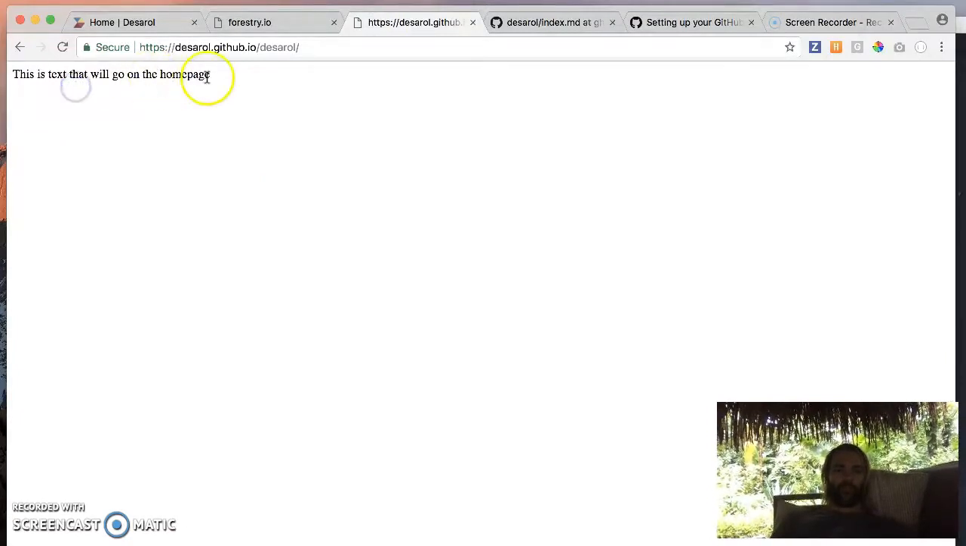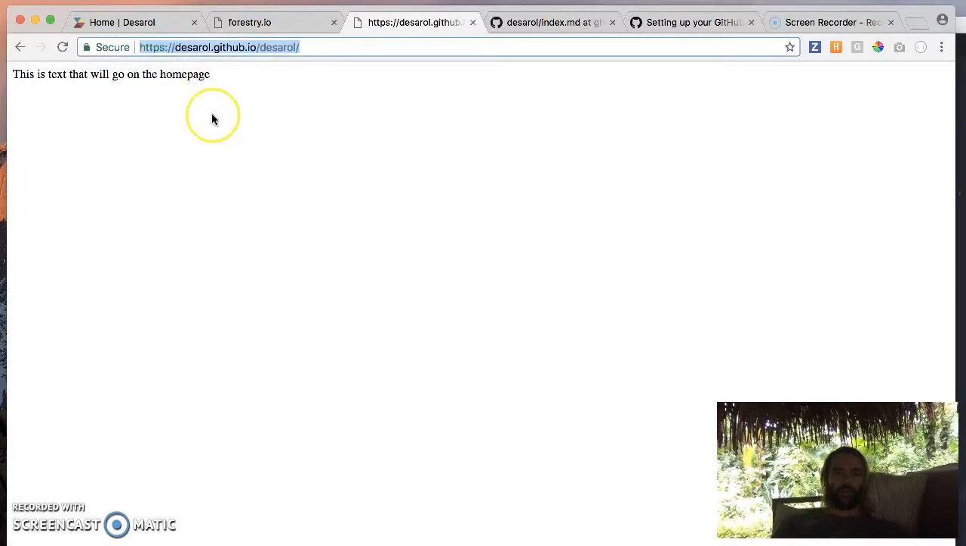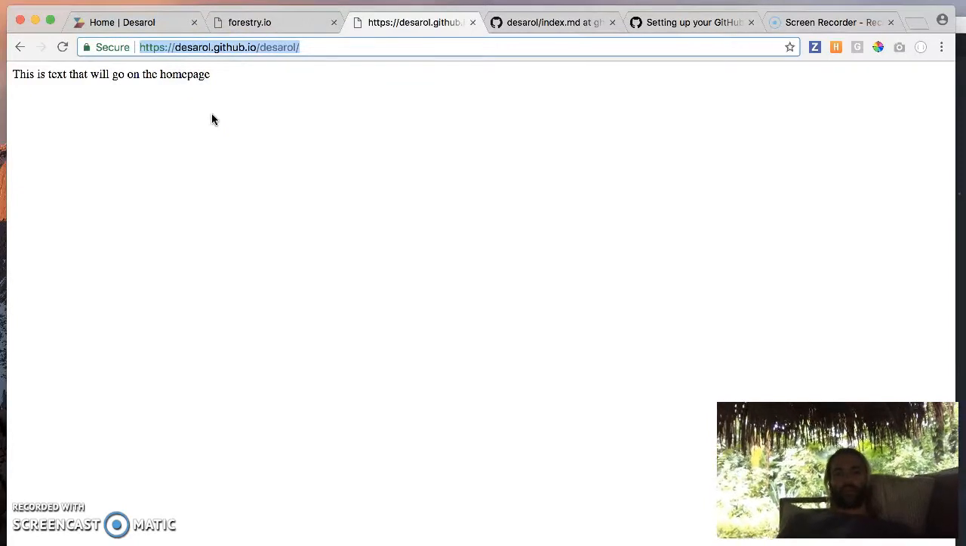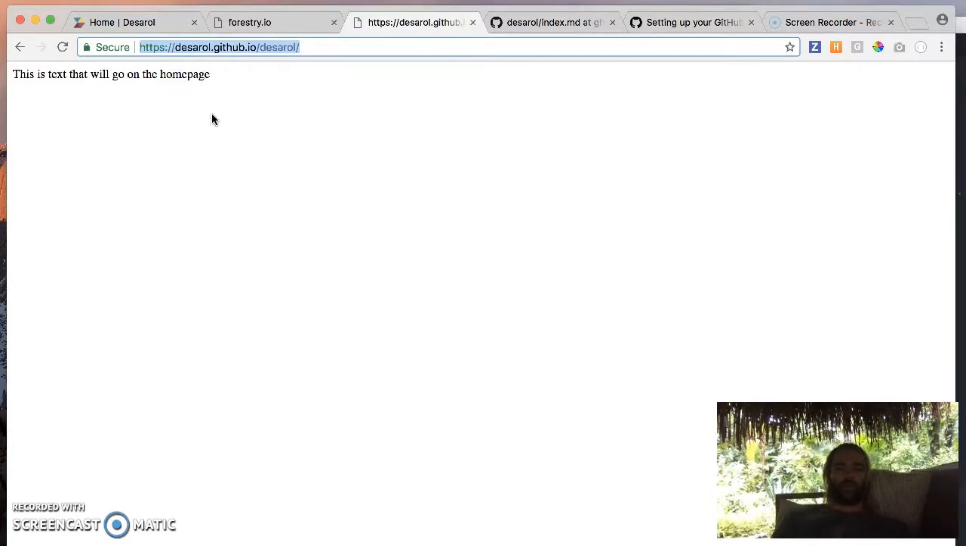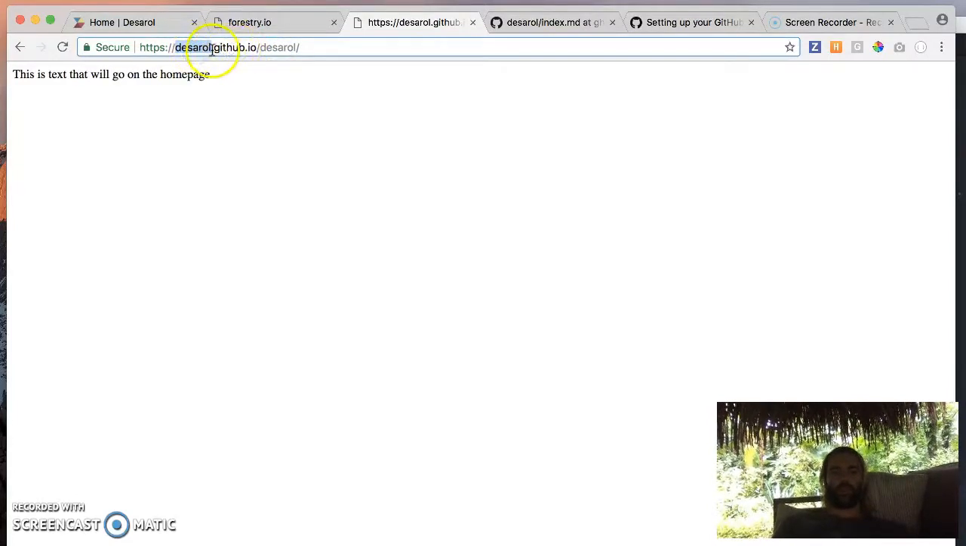We have text appearing on desroll.github.io/desroll. This is the URL that GitHub Pages gives you directly when you create a GH Pages branch. It takes the name of your organization or your username, and then it goes .github.io/name of your project. Once you point your domain name to this, which I'll probably make a video on soon, when I point desroll.com over to this domain,